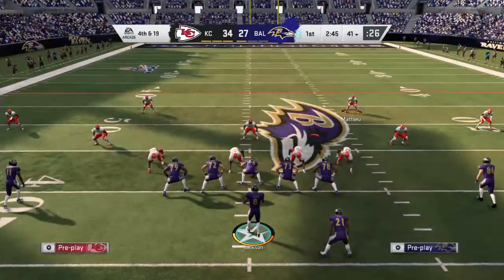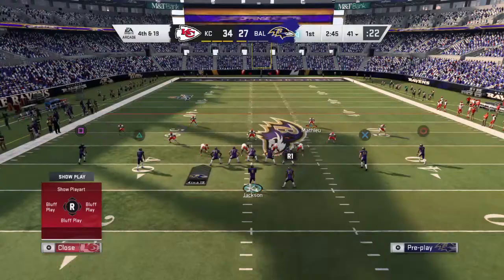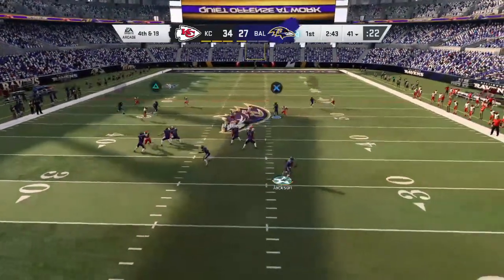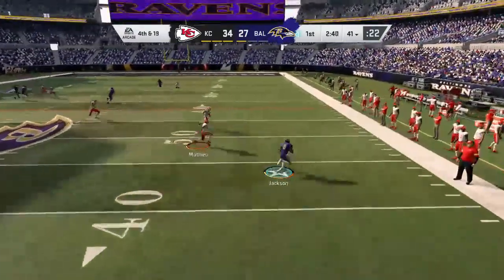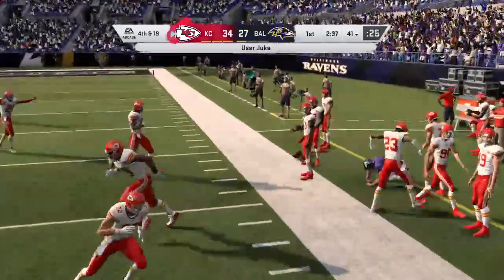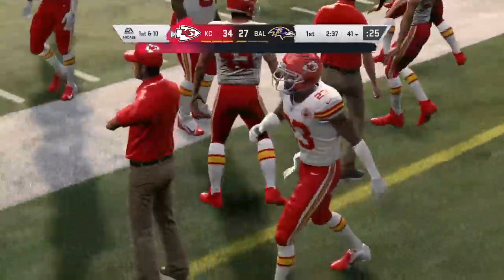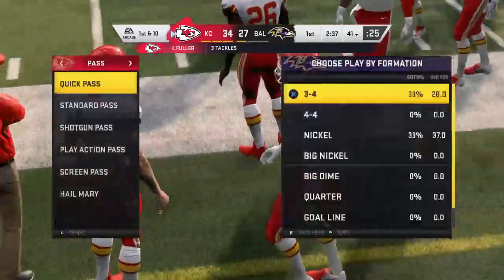And how about this? 4th and long, and they're going to go for it. Here we go. They'll indeed go for it with Jackson escaping the pressure right. He's going to run, but he's got a long way to go. Jackson hit, and he lost the football. And this one's going to go out of bounds, so no recovery, but on 4th down, a change of possession